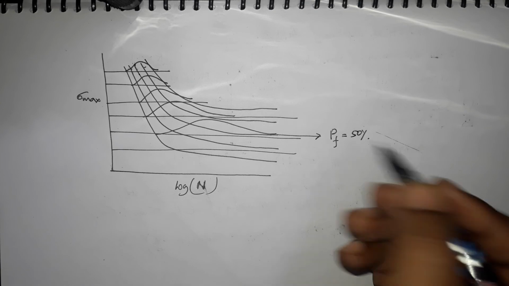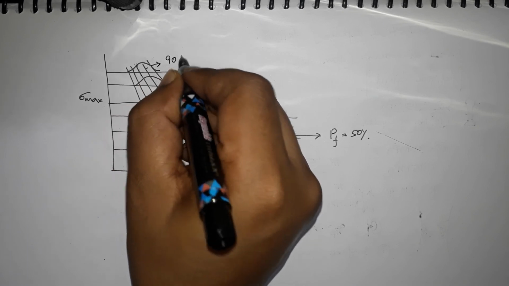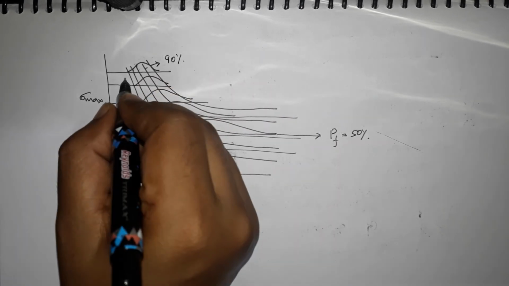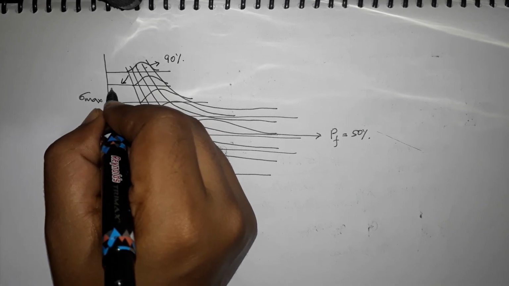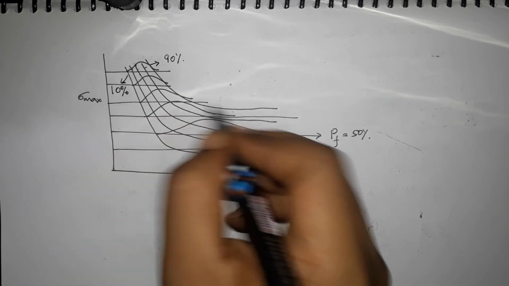So this is the mean of the whole probability curve. Then at the end you can have the boundary limits. So you can have a 90% tolerance bound and a 1% or 10% tolerance bound. You can also have 1%, but 1%